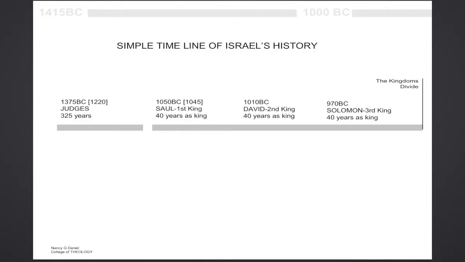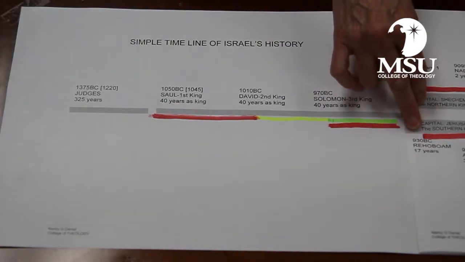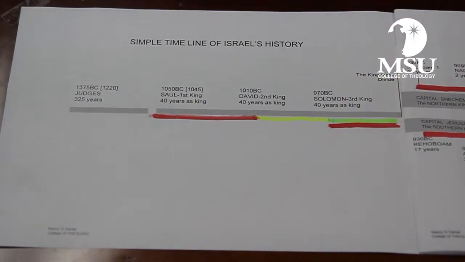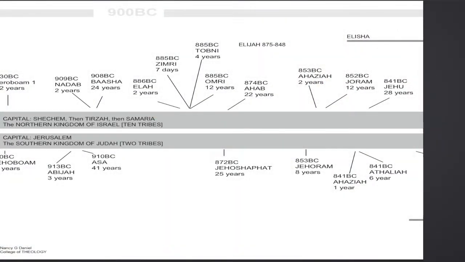If you note in your papers that I have given you, the basic Old Testament timeline with scriptures, you can read about Solomon, who is David and Bathsheba's son, who becomes king. Now the thing that you want to realize here with Solomon, why was there a change after Solomon? You notice that the kingdom divides into two. We have the northern kingdom and the southern kingdom. Let's look and see what happened during Solomon's reign that precipitated the division of the kingdoms.